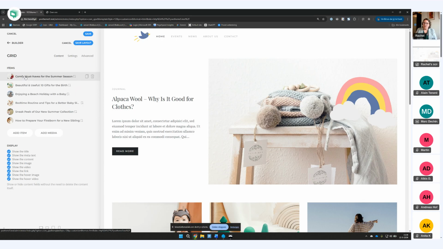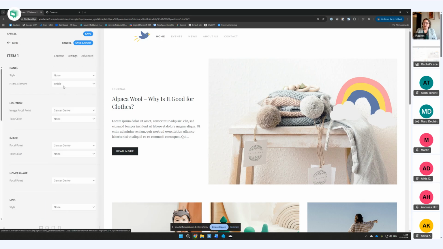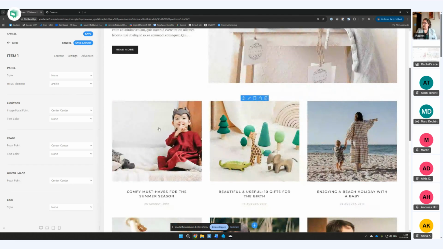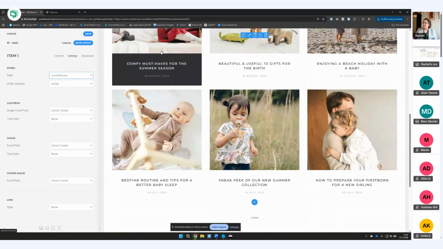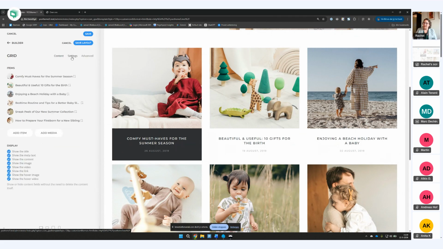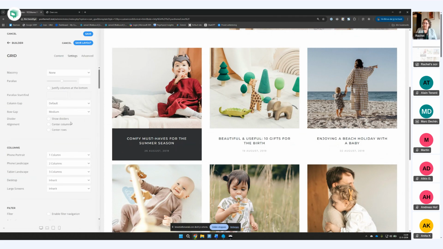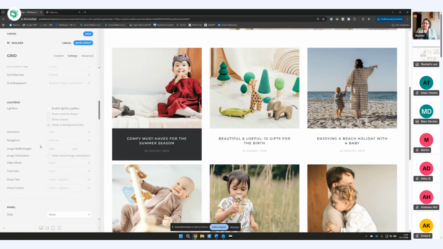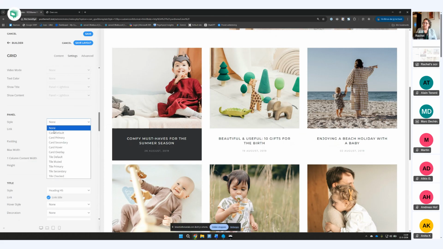Now, the settings that I make for this item, they will override the settings I made for the entire grid. So if I style my panel, I think I'll style my panel as a primary card, and I'll have to look. Oh yeah, it's this one. You see only this panel changes. If I go back to my grid and I go to the panel settings over here and I set it to a secondary,